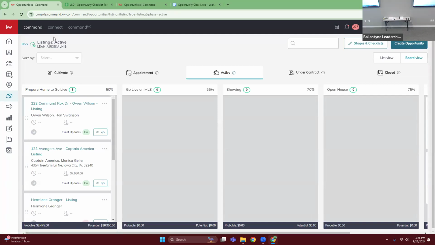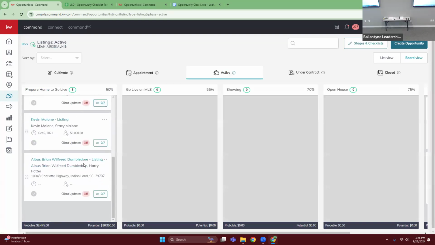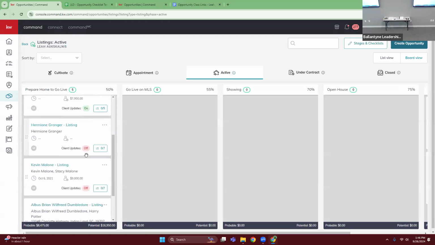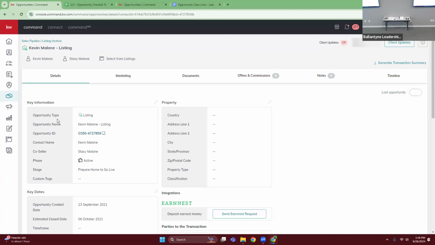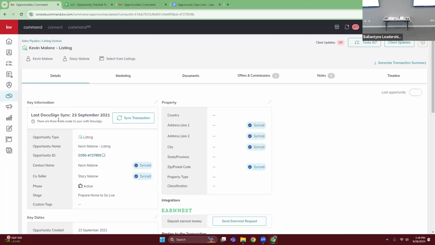Okay, and you'll see that I have client updates turned on for my other transactions, but if I scroll down, right, they're all turned off. So what I would do in order to turn on a client update for each individual opportunity, you would click on the opportunity to open it. Okay, so this would be done from within the opportunity. If you click on it to open it,